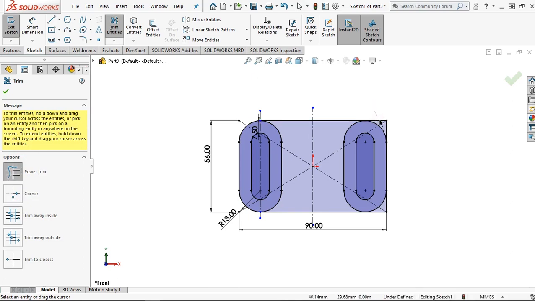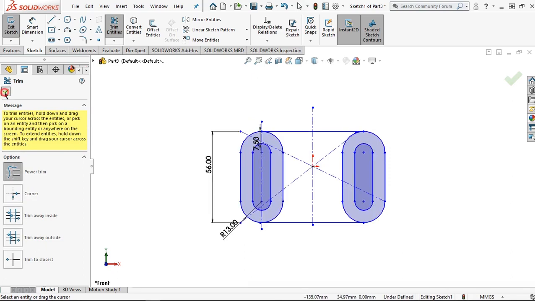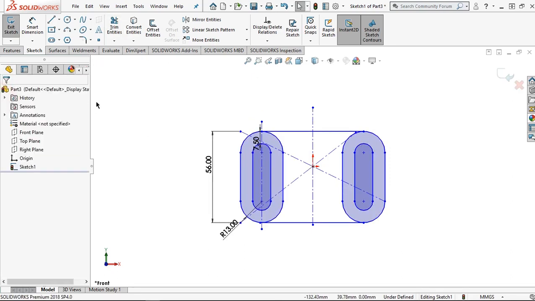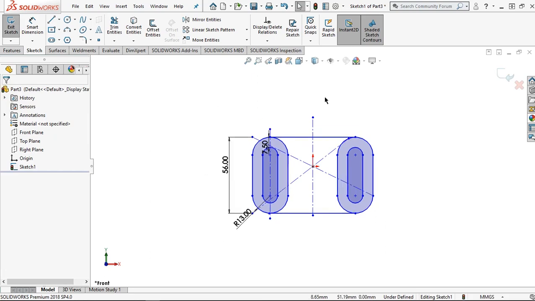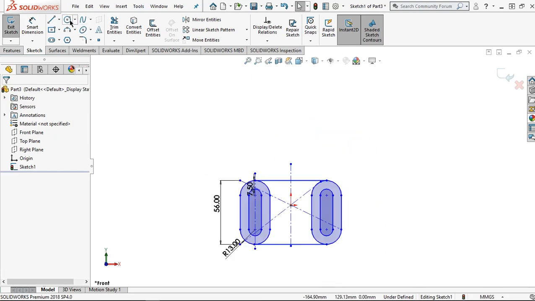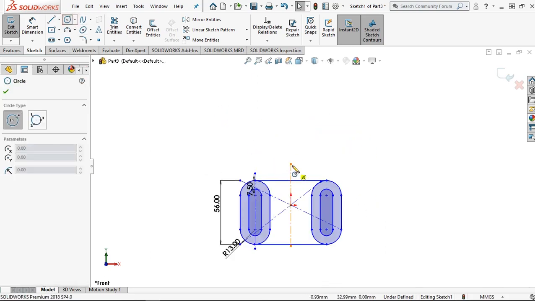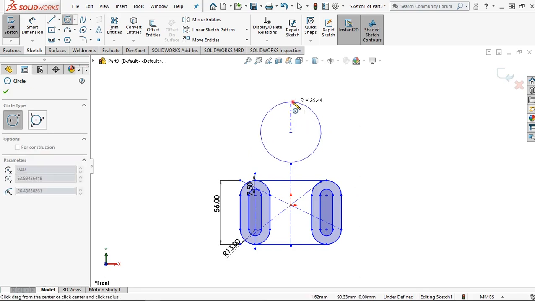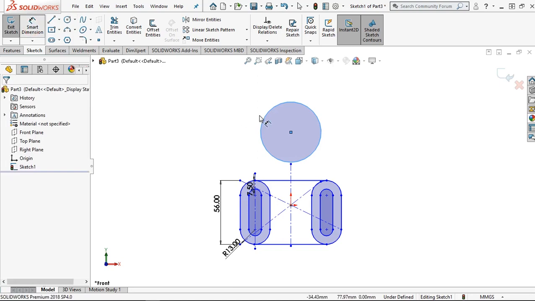Then click the sketch. Then click OK. For the next step, click this circle. Then I want to set the smart dimension and make it 30 millimeter.